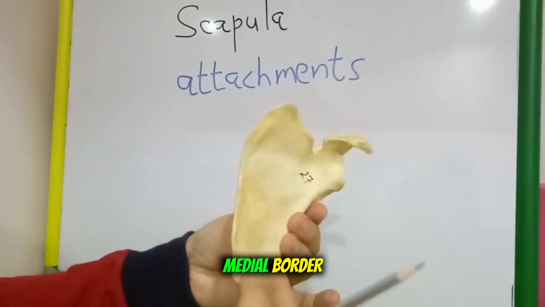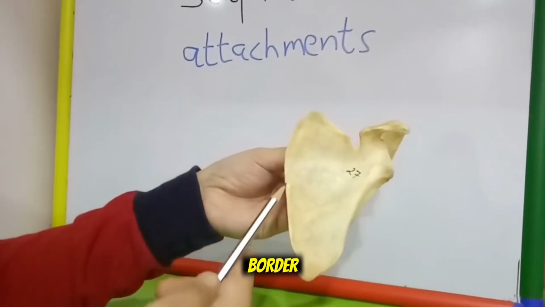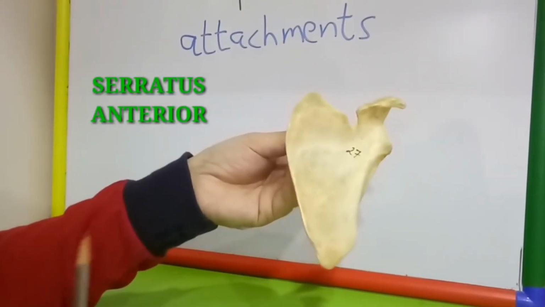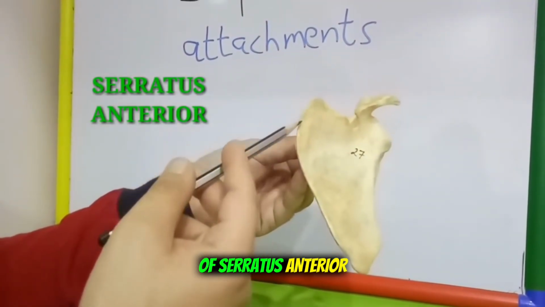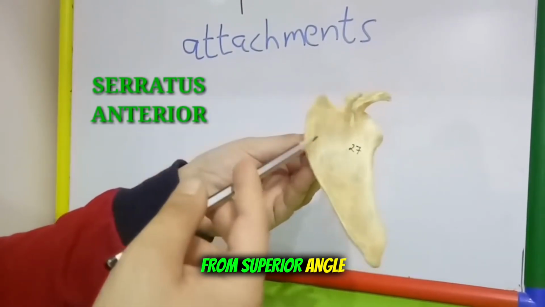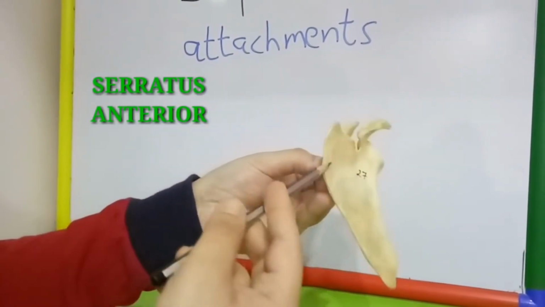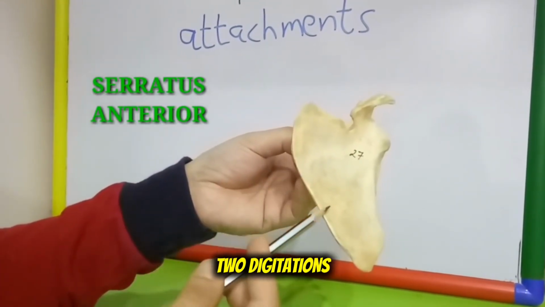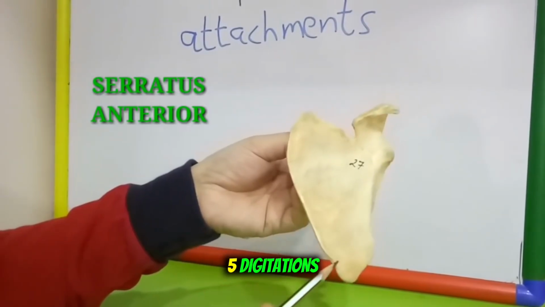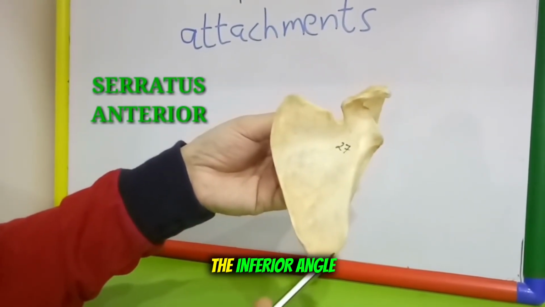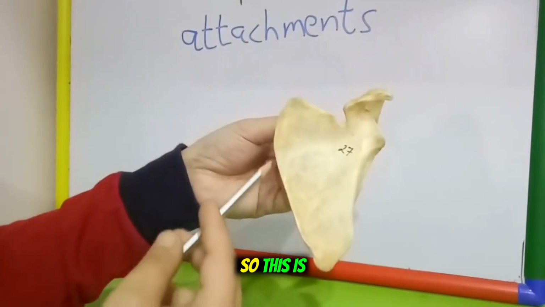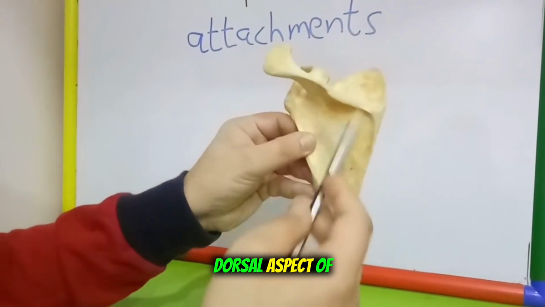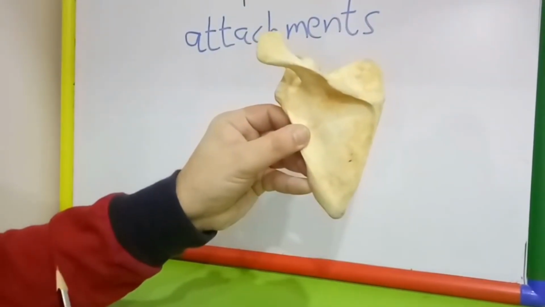Coming to the medial border, the costal aspect of the medial border receives insertion of serratus anterior muscle. The first digitation of serratus anterior is inserted from superior angle up to the root of spine. Along the medial border, there is insertion of 2 digitations, and the remaining 5 digitations are inserted along the inferior angle. So this is the insertion of serratus anterior muscle,